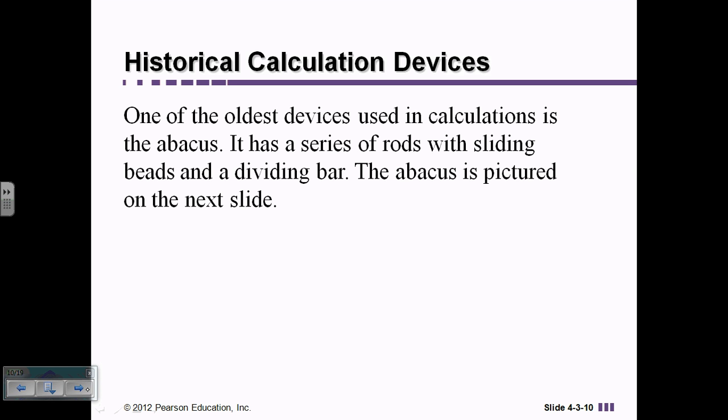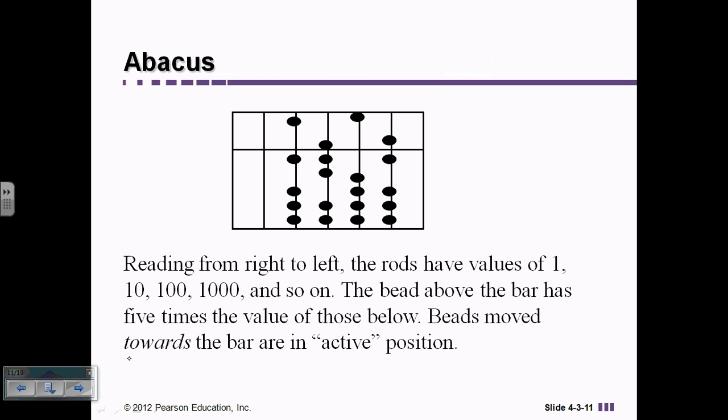One of the most famous calculating devices, other than a calculator, is an abacus, and that's used in many of the Chinese cultures. So on the next slide, you'll see an abacus. What you have to do when you're reading the abacus is read it from right to left. And it is a base 10 system, so you have your ones place, your tens place, your hundreds place,